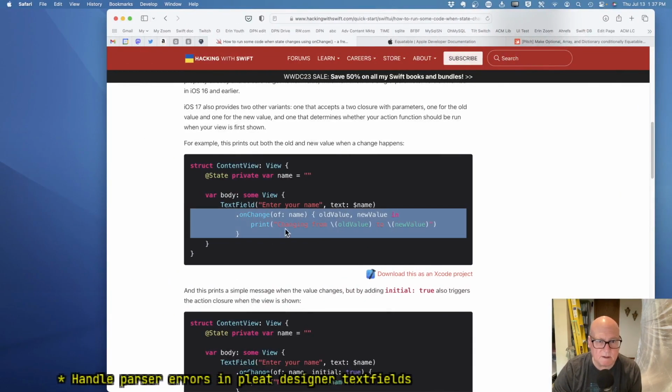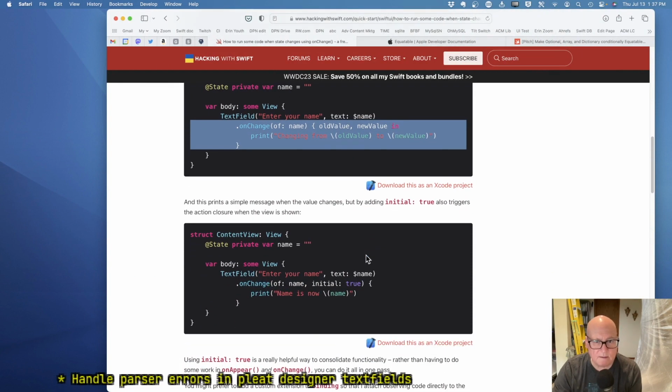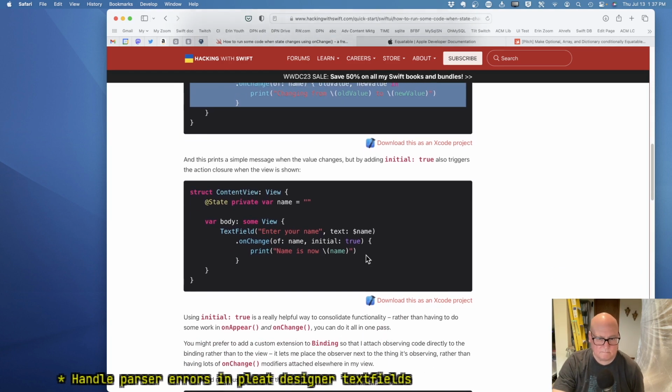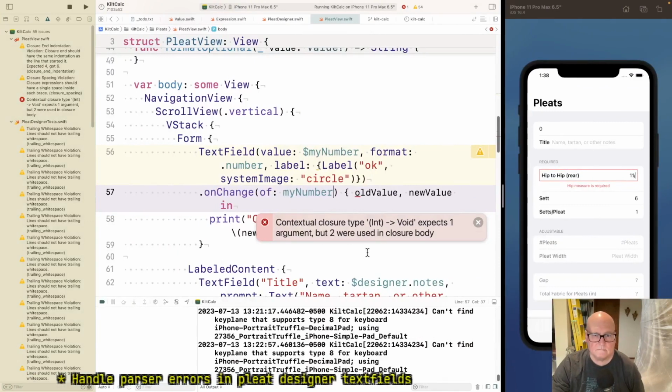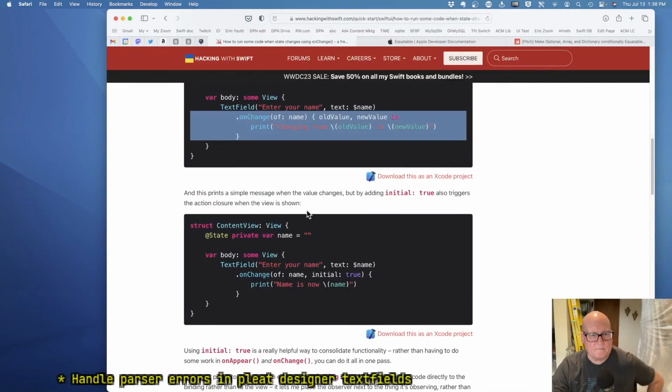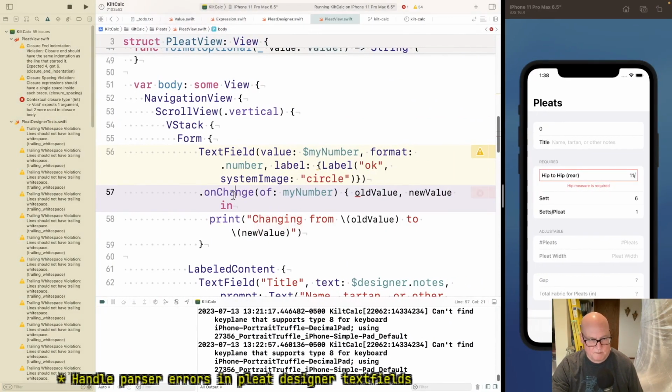One change of something, old value, new value. Maybe that's changed too.